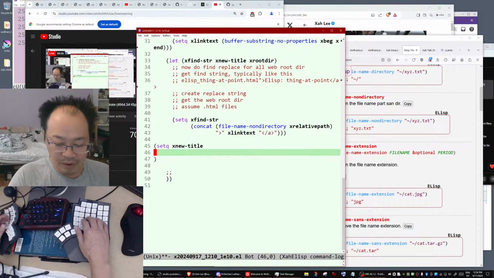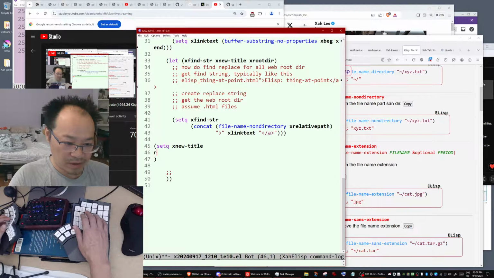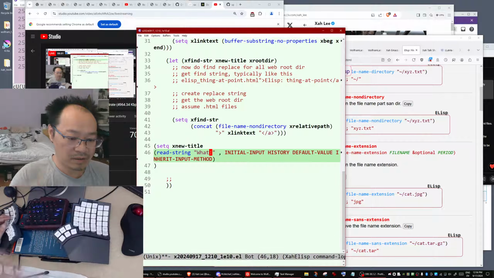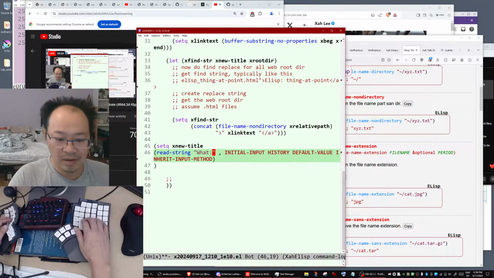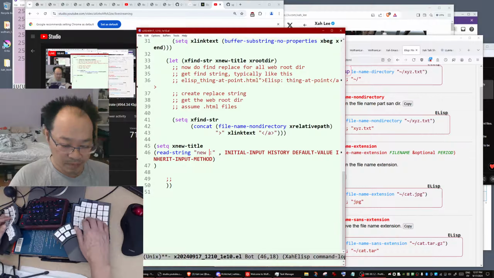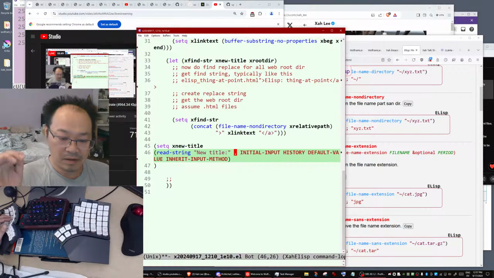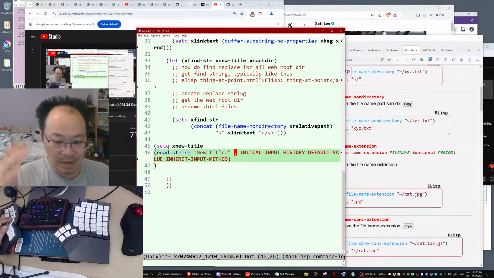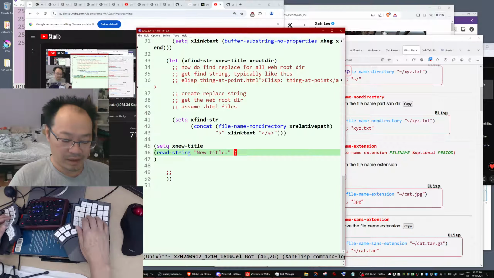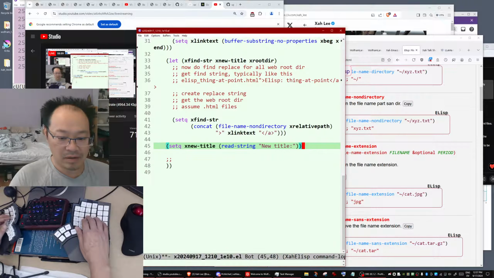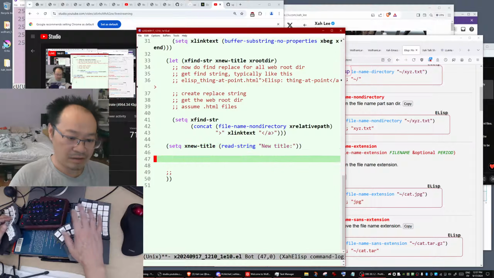What you can do is read string, which will prompt the user to type a new title. Let's say we don't care about anything else with that. So it will prompt the user for a new title.